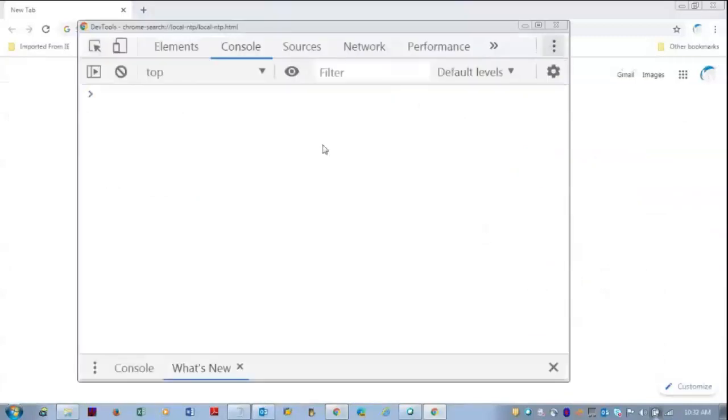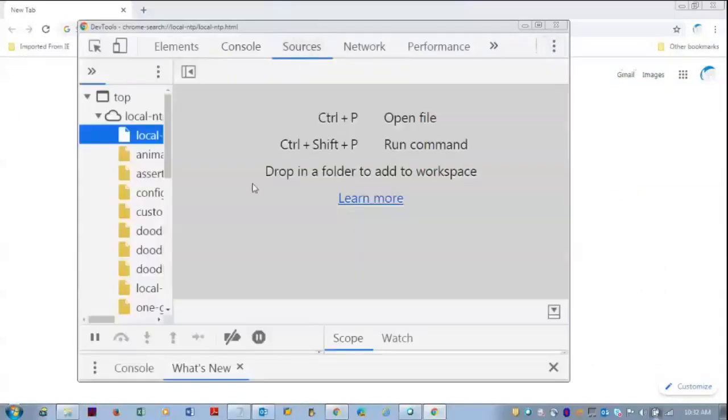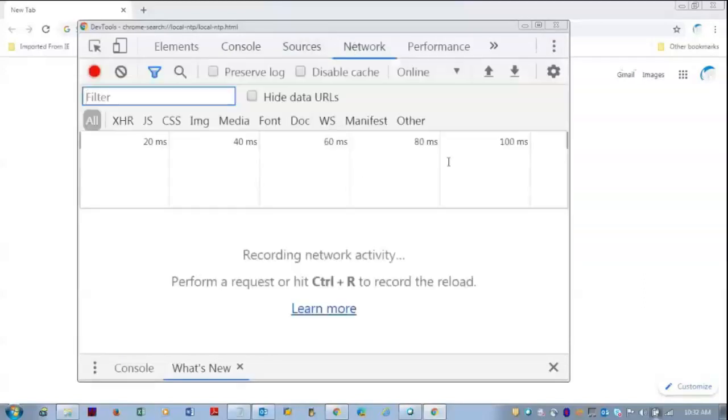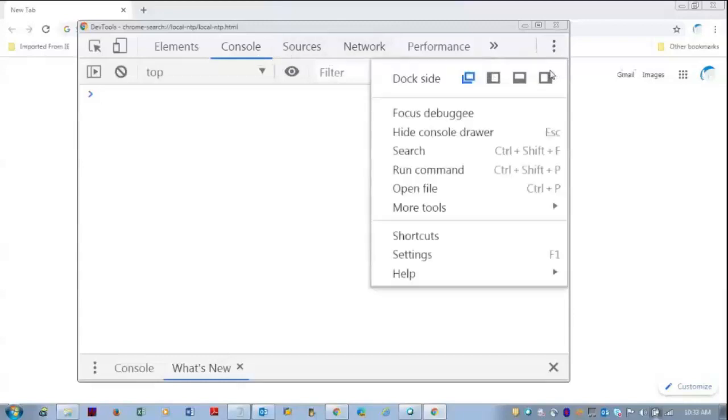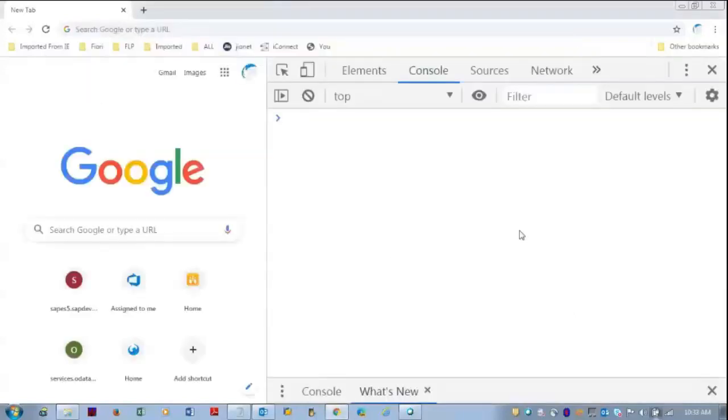During the debugging part in SAP UI5, we will be using the sources part, where I will show you how in the source code you can place breakpoints and debug it. The network tab is basically used for checking how the OData service is being fetched, and how the filters or the query strings of the OData are passed from the browser to the server. We can see all those things in the three main tabs: console, sources, and network. As of now, let me dock this to the left side or right side of the screen.